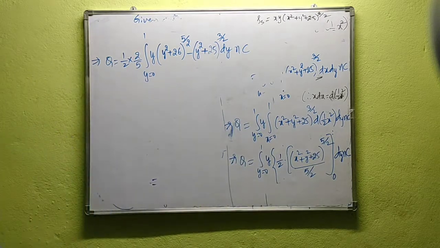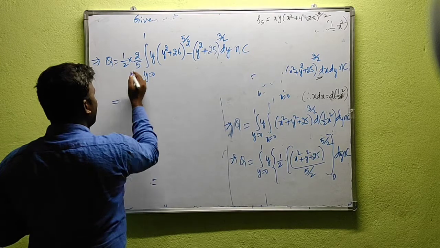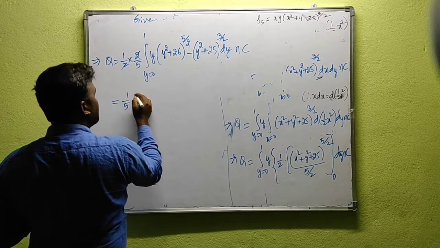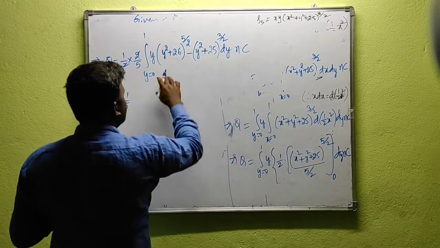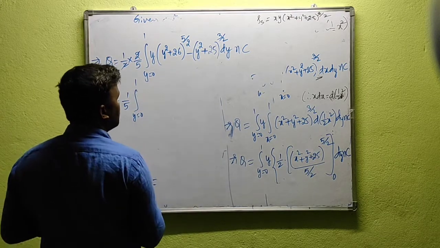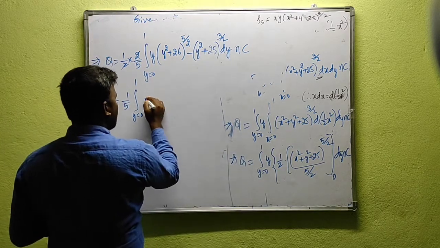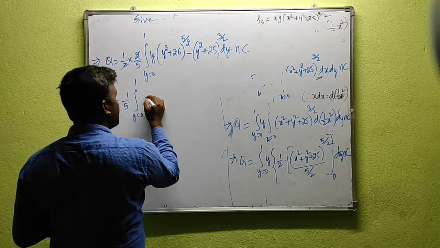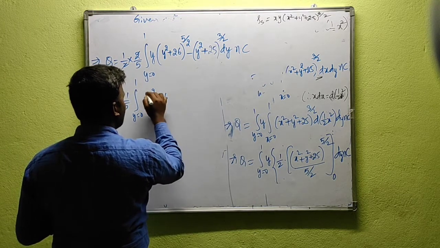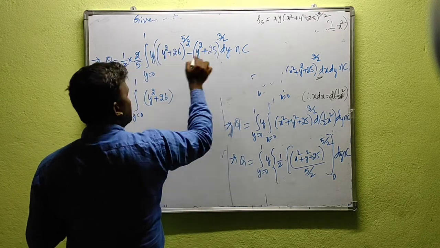Now simplify this also. We will get 1 by 2, 2 by 5, and this one cancels out, that is 1 by 5, and here y. So this can be written like this, y equal to 0 to 1. Y into dy can be written as, we can write this part, that is (y square plus 26) whole power, of course this y into this one,